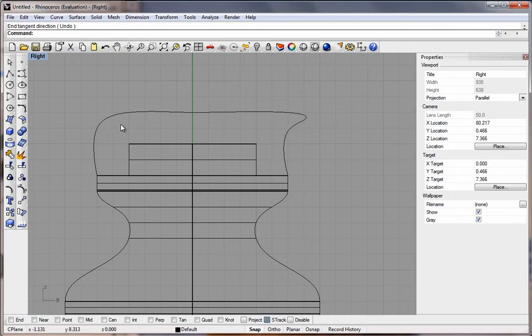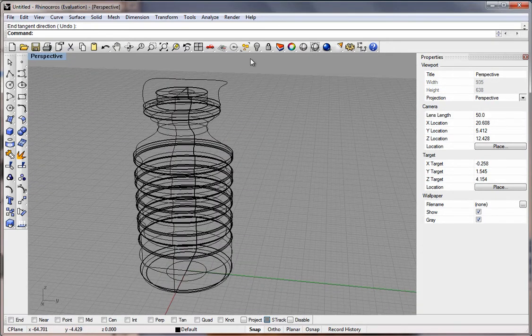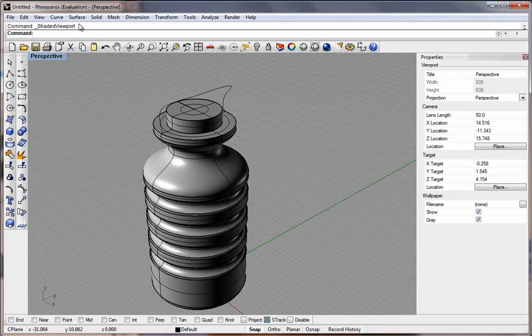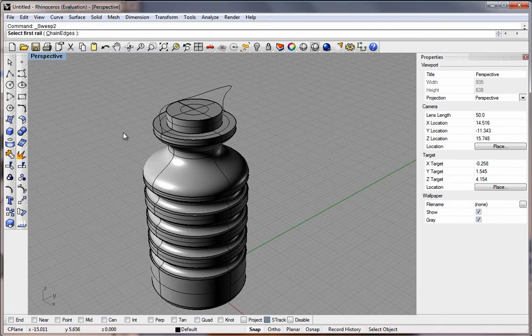And now what we're going to do, we'll go back to double click on right, go to perspective, and we'll shade this. And we want to go to surface, sweep with 2 rails. So we'll select the first curve, second curve, and then this edge. Right click,